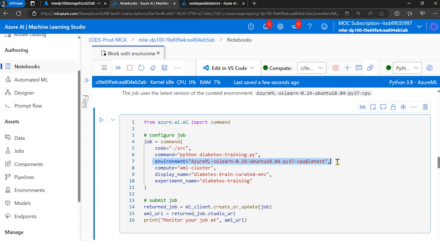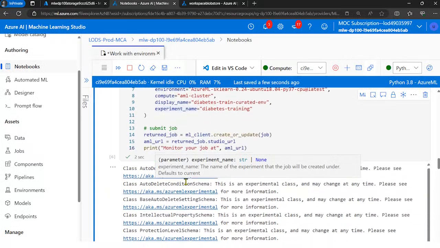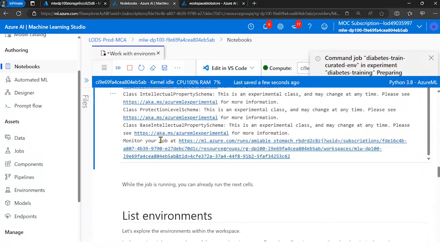So how does that work? Isn't the configuration part of the compute? Well, the environment is really a Docker image that's going to run with that. So that's really just curated Docker images, and we can take that and submit it. All right, so let's go do that, and it's going to run that Python file within that